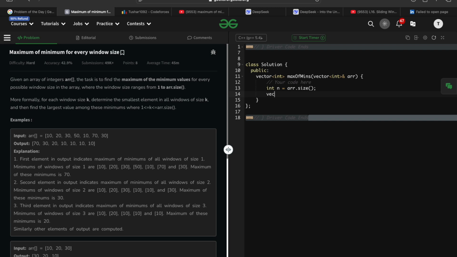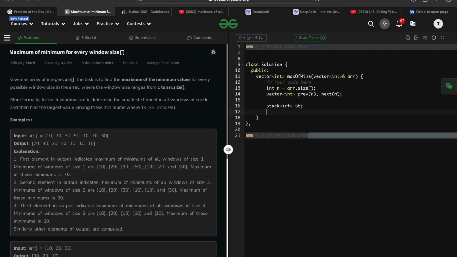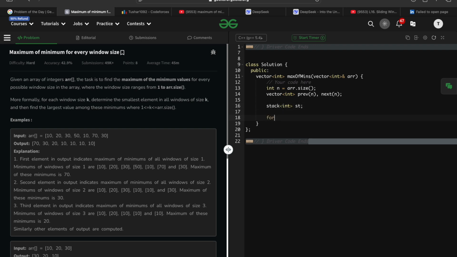So suppose we can have vector previous of size n, next of size n. We would need a stack of int st. We will iterate through the array